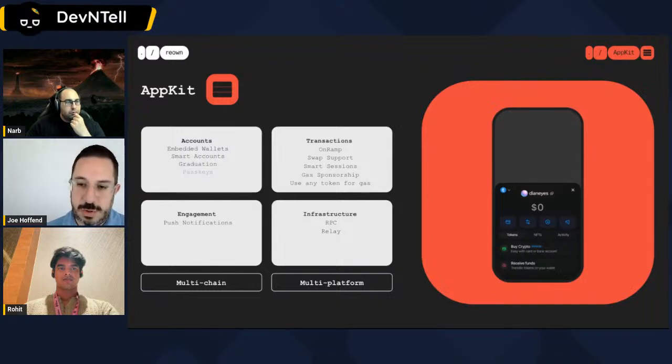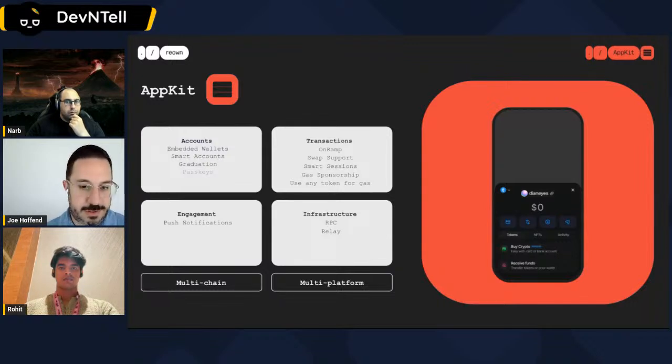And to that extent, we've also released the ability for the users to use any token they prefer for gas. So as long as it's an ERC20 token, they can use USDC or whatever else they want to pay for gas. And then once you've got your users, we've also got ways to engage with them, such as push notifications. So if you want to create custom off-chain notifications to tell them about specials you're running, the rates you have going on DeFi lending, for example, anything like that, we've got that available. And then we build in the infrastructure into AppKit, so you don't have to deal with needing to find an RPC to use, maintaining anything with a relay. It's all out of the box.